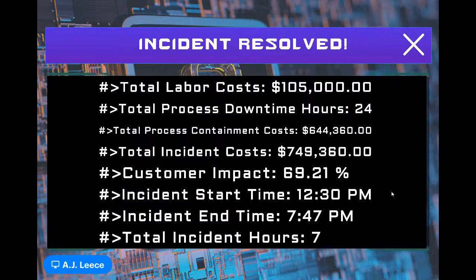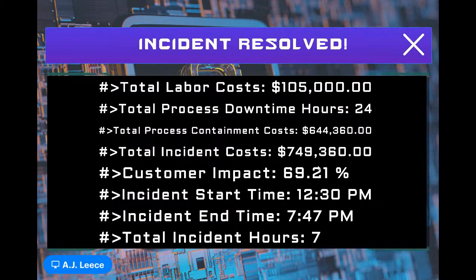Because we couldn't accept Glue orders, coupled with our labor costs and some of the other isolation costs that led into other business downtime, this incident actually became very expensive. And we were only technically down for 7 hours. But when we think about these knock-on costs, some of this is coming out of somebody's budget. This is coming out of somebody's bonus. This might be enough to shut your company down, depending on what your cash flow looks like. This could be all of it, especially with this customer impact.